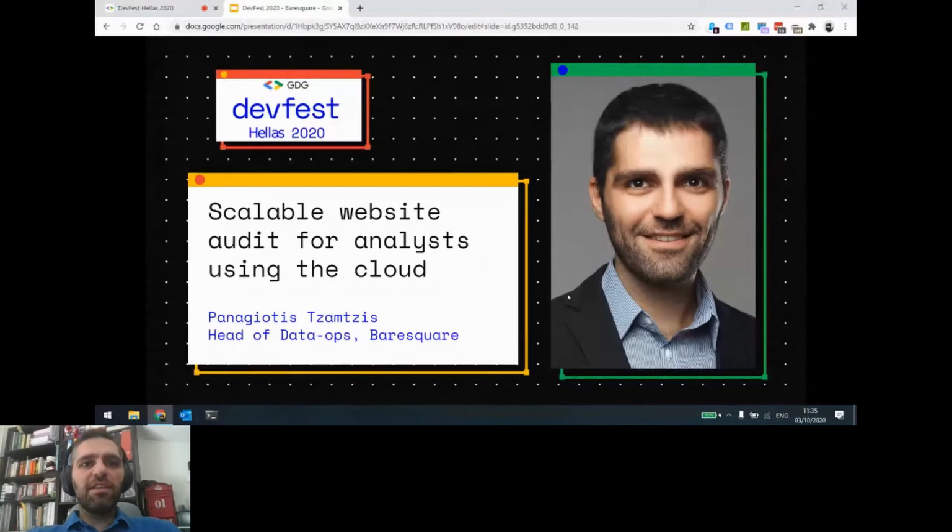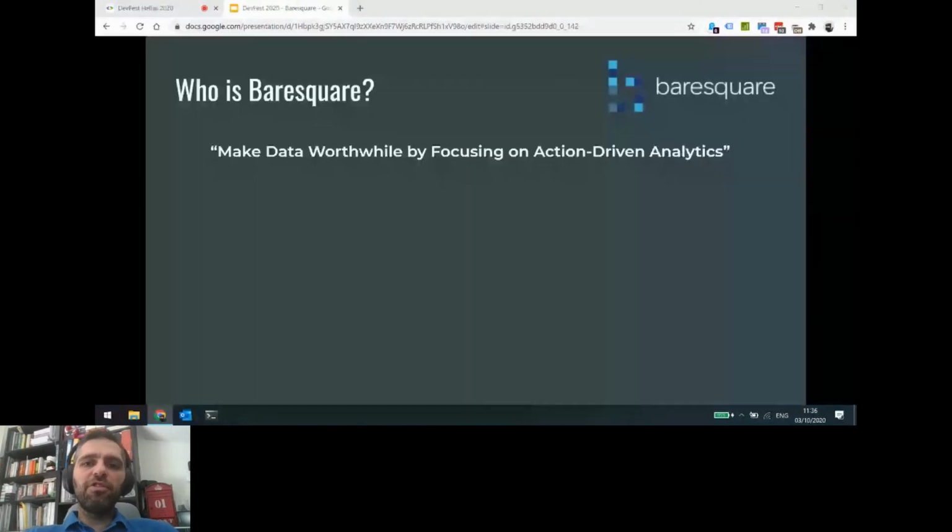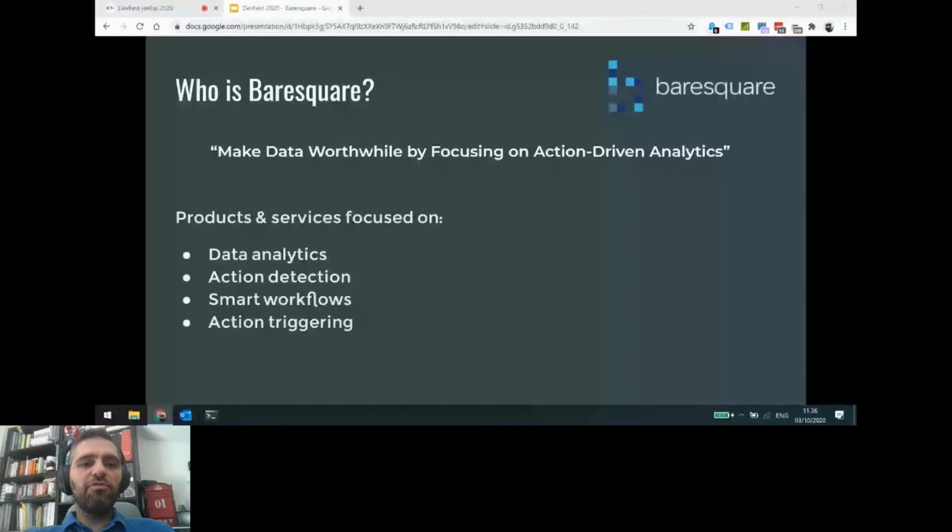so that you can better understand what was the whole reasoning behind this project. So, in Perksquare, we are a team that aims to make data worthwhile by focusing on action-driven analytics. So this means that we usually focus on products and services that aim at data analytics. We handle data collection and data analysis. And we also try to make lives of analysts easier by automating actions, detecting which actions need to be automated, and designing smart workflows that will make